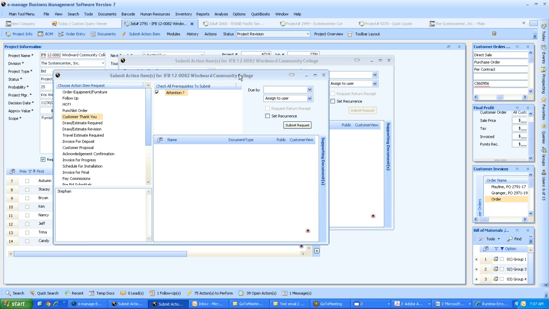And all they do is put a date and submit it, and then it goes to the person responsible for doing the thank you, and it's done. So what eManage has allowed us to do is focus on the things that are most important in our business, and we don't have to remember to do some of the redundant, mundane type